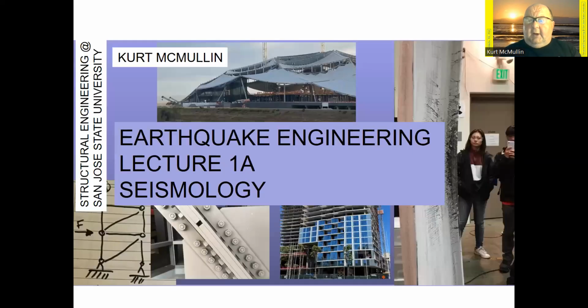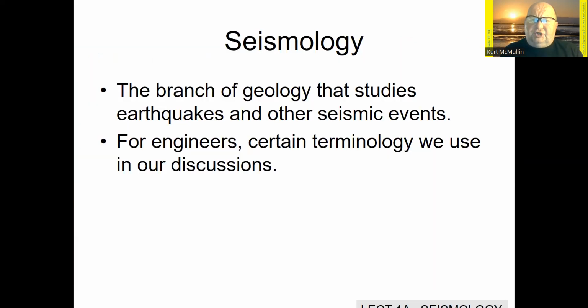I want to talk about seismology, which is basically the field of science that deals with earthquakes and vibrations of the earth. But we're not planning to be scientists, we're planning to be engineers. But there's some terminology we probably need to be familiar with, and just the basic science of what's occurring when